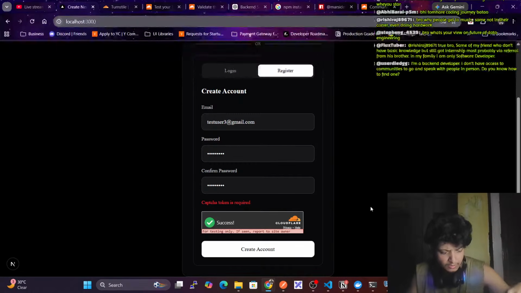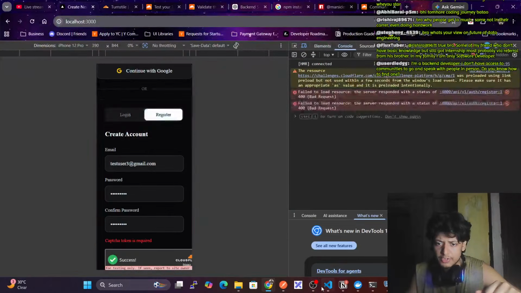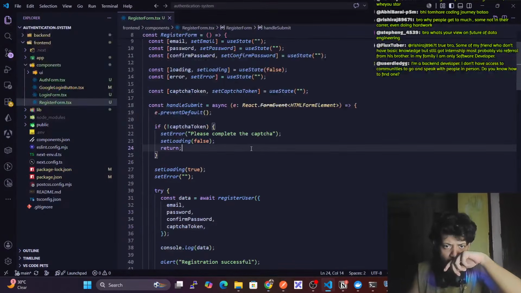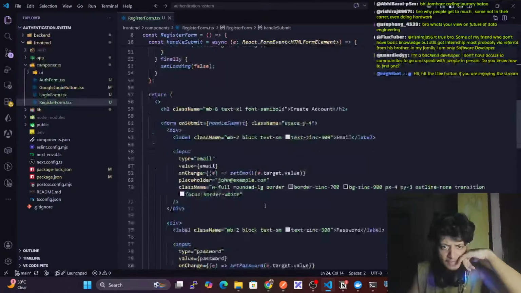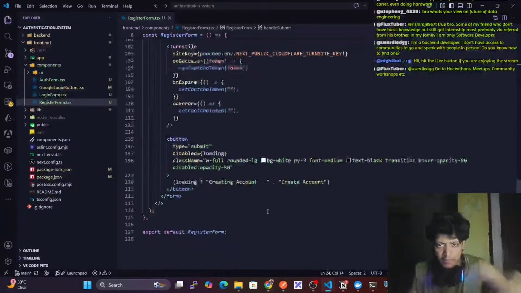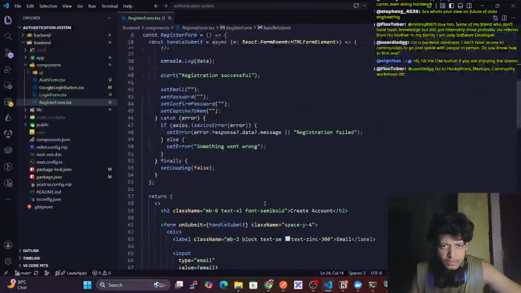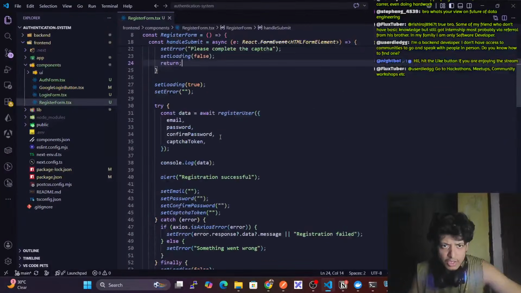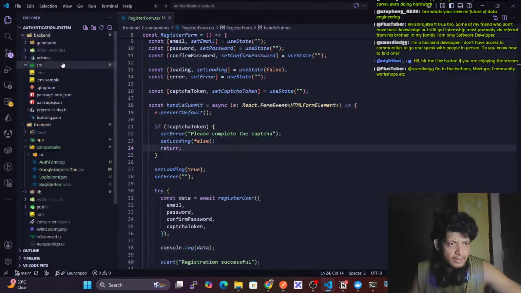Okay, hold on, captcha token is required here. Where is that error? Captcha token is required. Where are we getting it? Error. If there is no captcha token, please complete the captcha. Okay, if I go to backend, src,